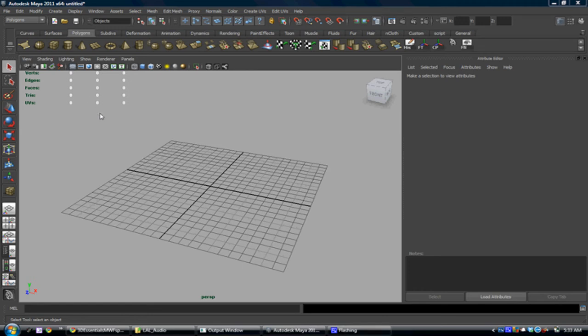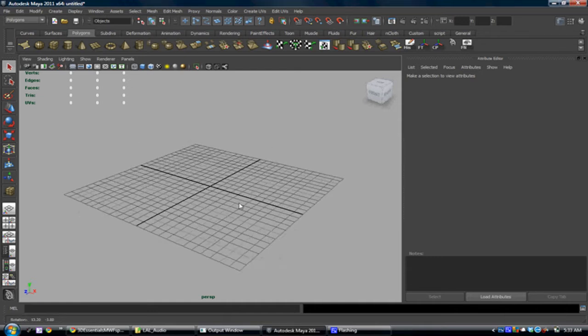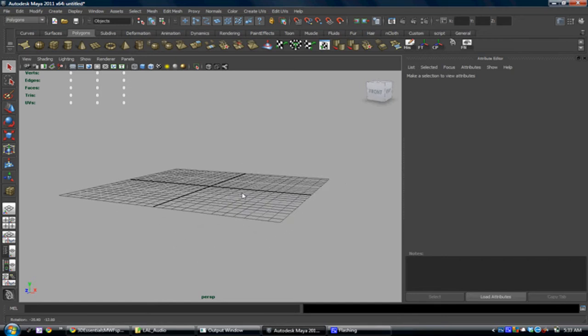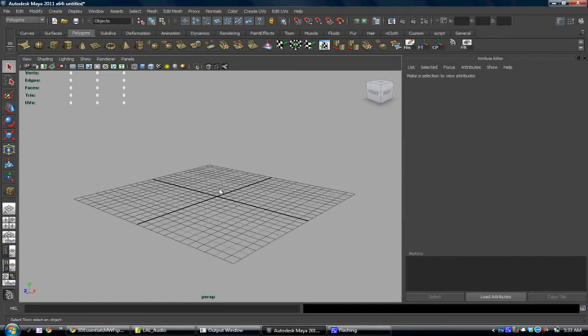Okay, by request, I am going to demonstrate how to model the pig. For those of you that might need some reminders, this could be helpful. Okay, let's begin. So the first thing we needed to do was to download the pig reference images, and those